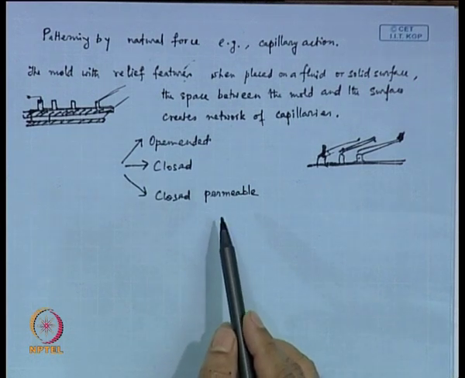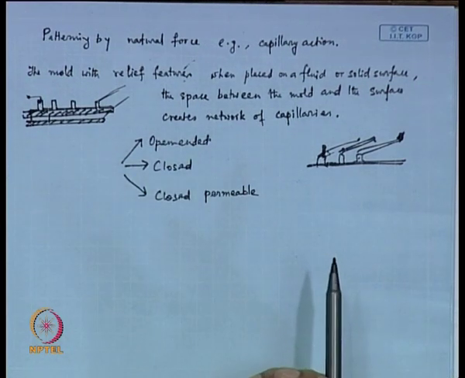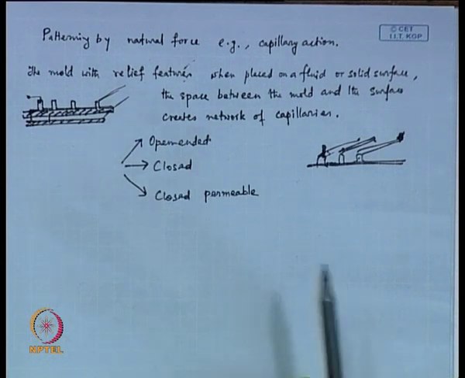You know that certain polymers are permeable, they can allow air or vapor to pass through. There are various mechanisms. Students who have studied membranes will appreciate that it is not that this material is porous. What will happen is certain vapor will get dissolved in the polymer and then it will go out from the other end. So, there are various mechanisms possible. It is not just that there are physically holes and through holes the air is passing out. It is an intact polymer, but